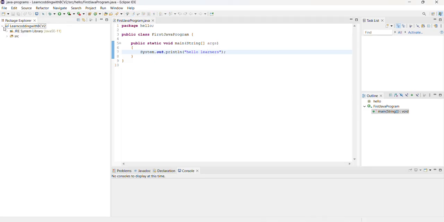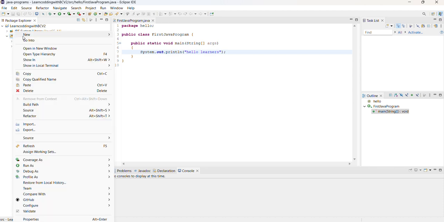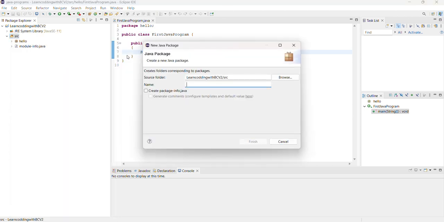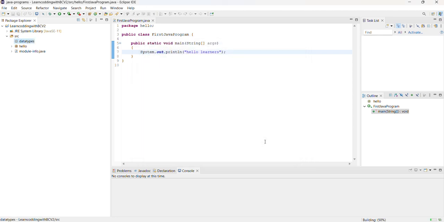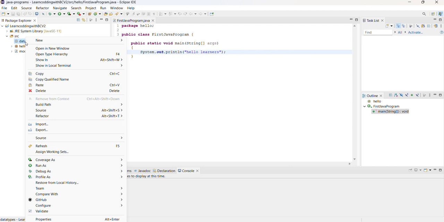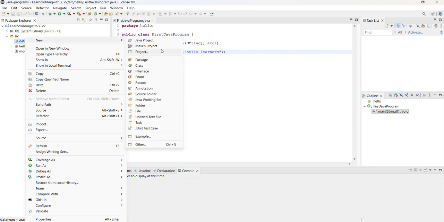We are using Eclipse for this. If you have not watched the video before, I have given an explanation of how to download Eclipse, how to download JDK, and how to create a new project in Eclipse. Here I am taking a new package for this as data types. Okay, data types. Here I am creating a new class,